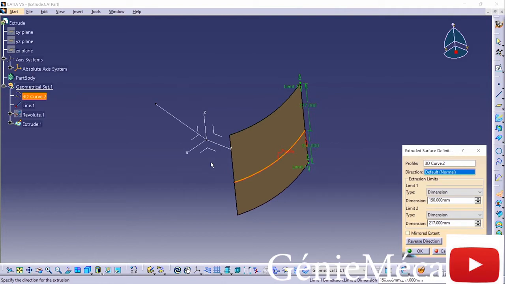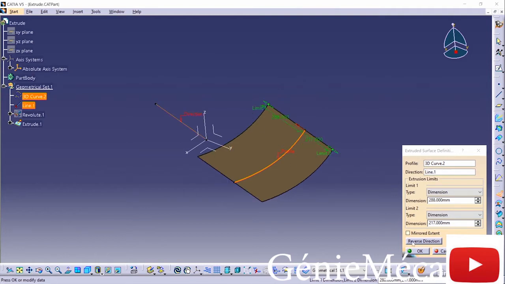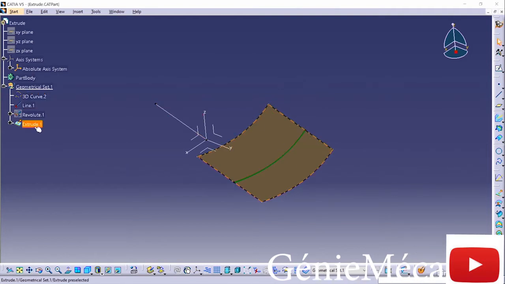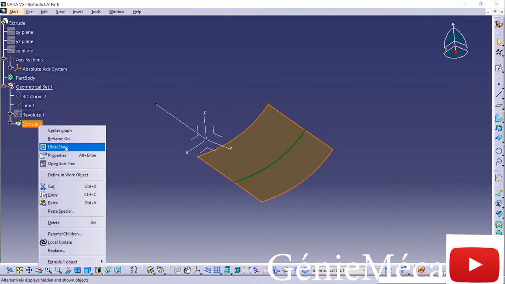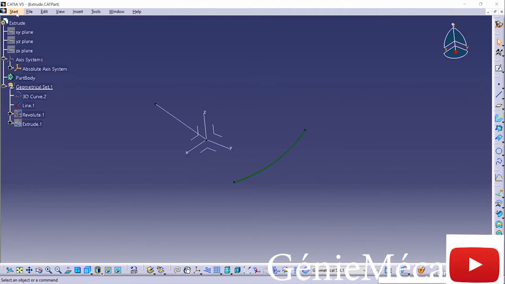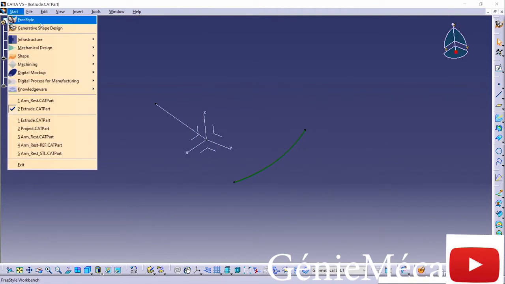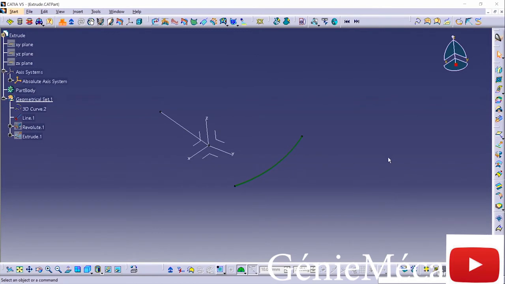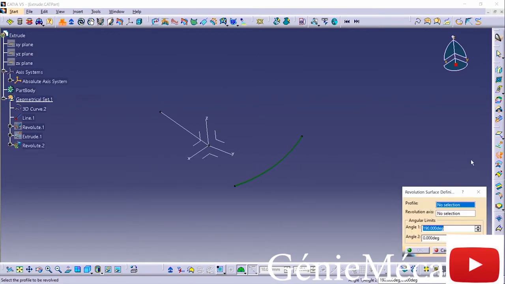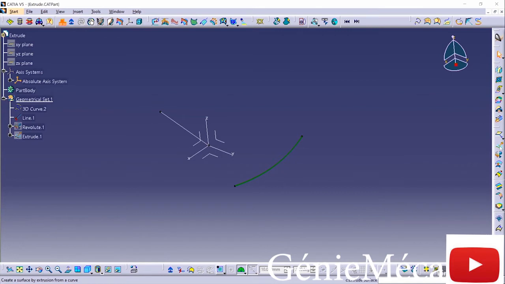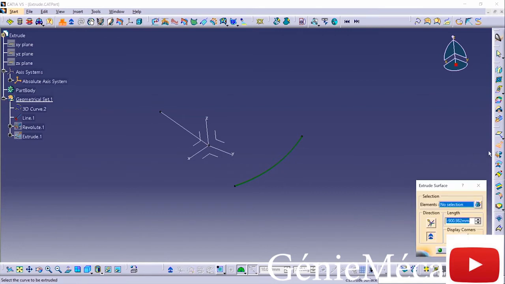Now I'm going to switch to the freestyle workbench. And within the freestyle workbench, I have that revolve tool. Again, this is basically the same as it is in generative shape. The difference is the extrude tool. With extrude surface, you'll see that this looks a bit different. The surface is no longer called an extrude, it's just simply a NURBS surface. So the big differences here are the end result. The end result in the